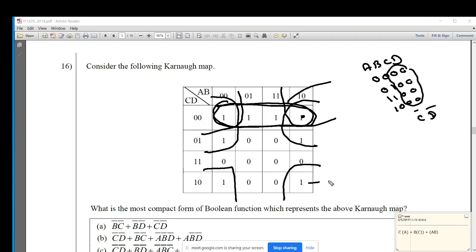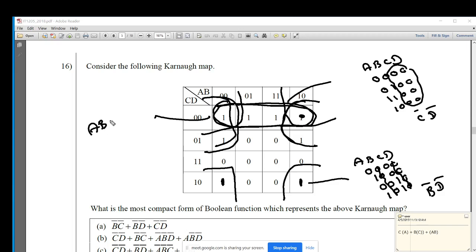Now I will be looking at these 4 corners, A, B, C, D. So this corner is 0, 0, 0, 0. And then this corner is 1, 0, 0, 0. Then we have this corner that is 0 0 1 0, and finally this corner, that is 1 0 1 0. So again you can see this line is there, this line is there, both are zeros, that is B bar D bar. Now we have one more region, that is these two and the other two,